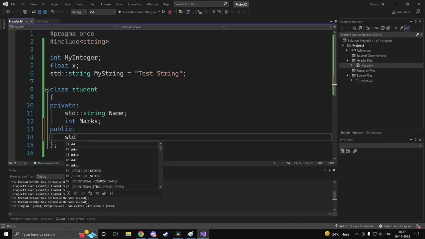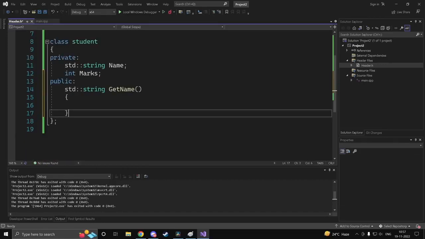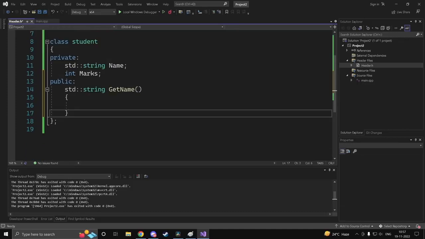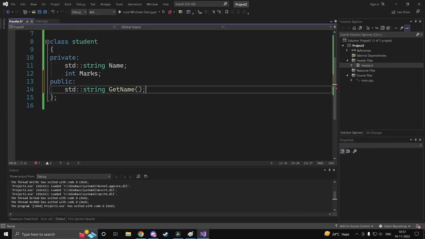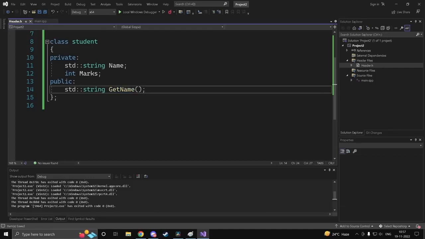So we can say std string, and we can call this one get name. And instead of writing the definition over here like this, so this is similar to what we did here, it's just that it is inside the class now. What we can do is we can only have the declaration here like this, so only the name is given here,